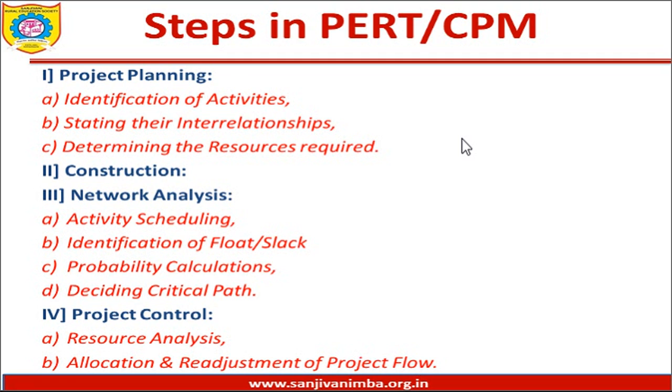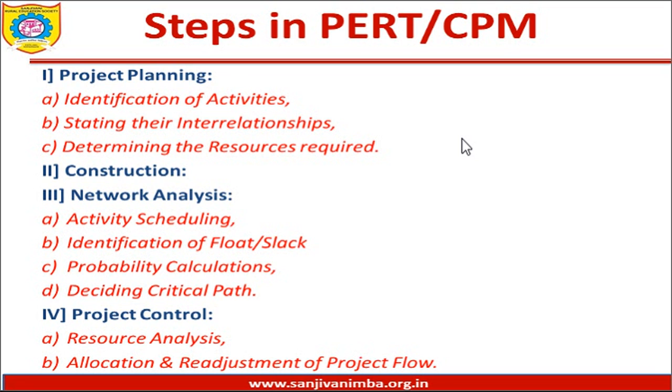And lastly, sometimes it happens that when you are developing a network in a project, there are possibilities of changes in the process you were following because of some dynamic happenings in the economy, or some factors that are not in your control. So based on those external factors, you need to readjust your course of action, reallocate your resources, or replan your activities so that your deadlines are met, or incorporate any changes in the project that is already on. All those things have to happen through this allocation and readjustment of project flow.